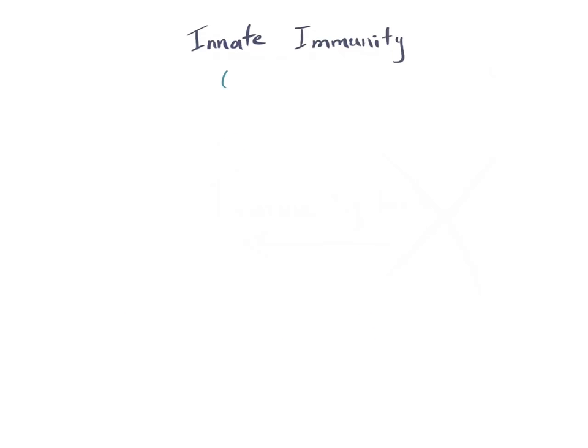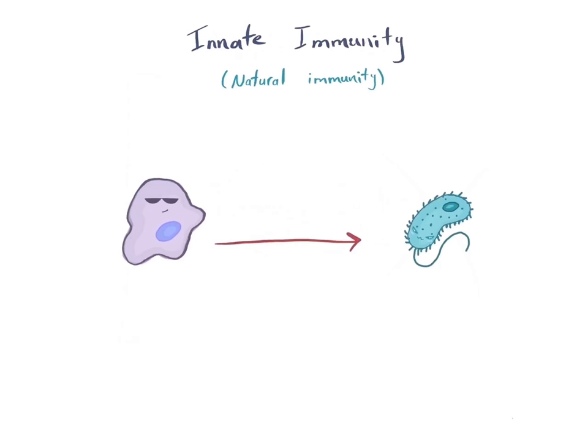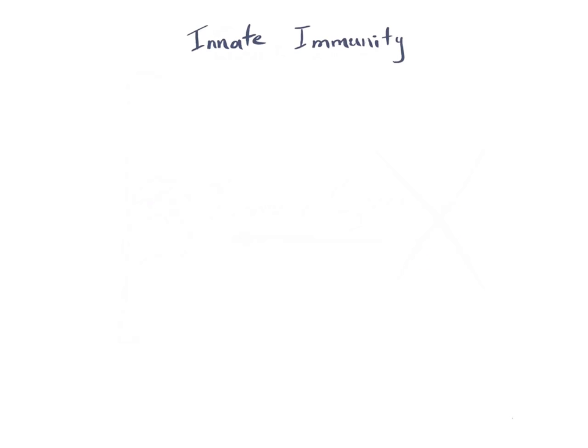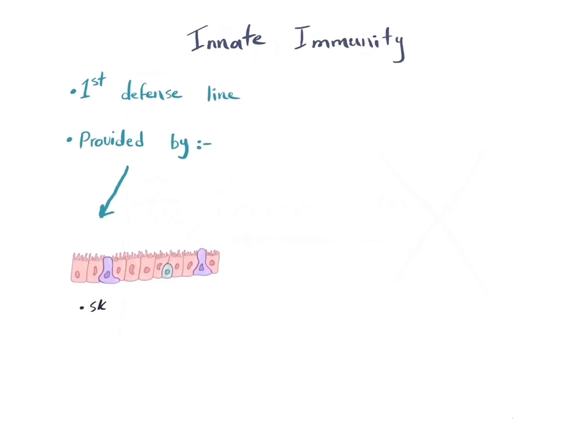The innate immunity is also called the natural immunity, and it is always present in a healthy individual. They are prepared to block the entry of microbes and to rapidly eliminate microbes that do succeed in entering the host tissues. In innate immunity, the first line of defense is provided by the epithelial barrier of the skin, the